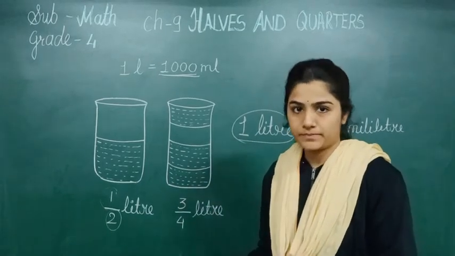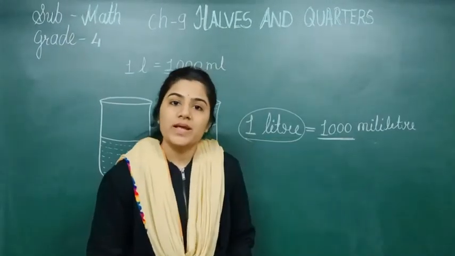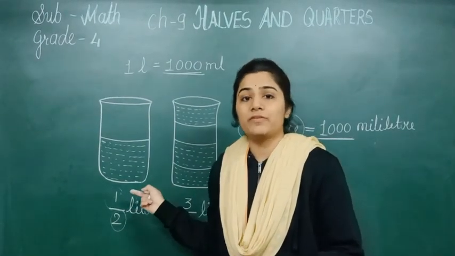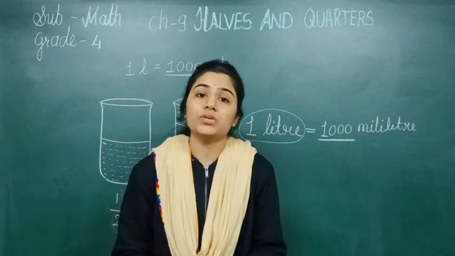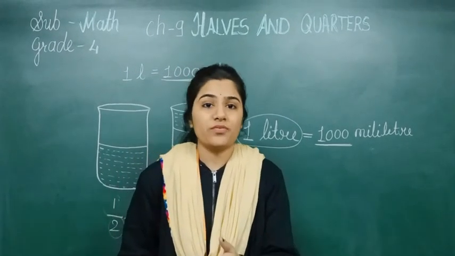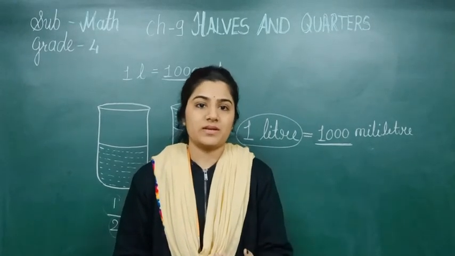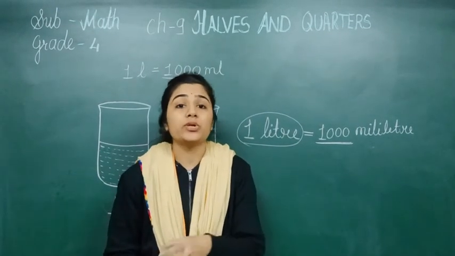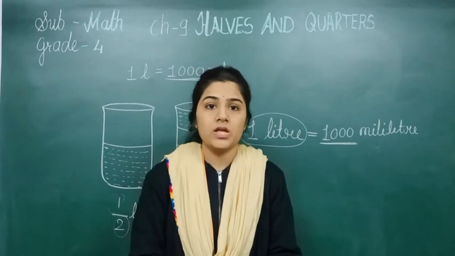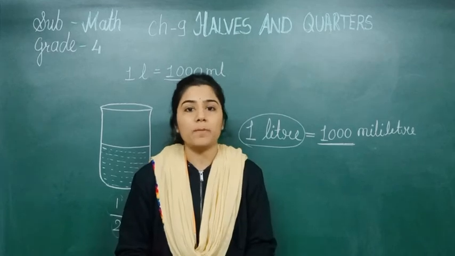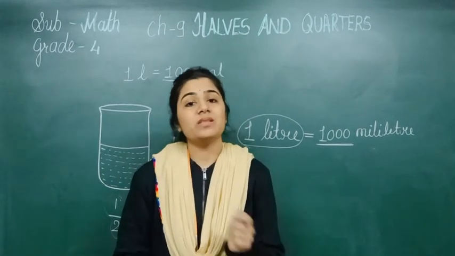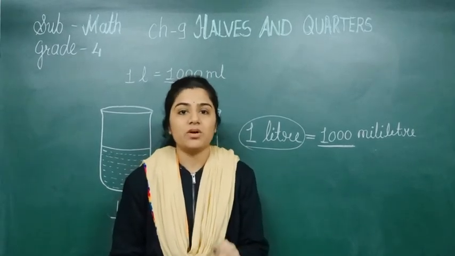So here your concept is how we can show a fraction as a part of capacity. Clear? In the same way, you can show the fraction in the weight form, with units of weight like gram, kilogram, etc. In the same manner you can do comparison and find the fraction in the form of rupees and paise. We will learn all these topics further in the next topic, where story sums are given, and we will see this kind of comparison of fractions.